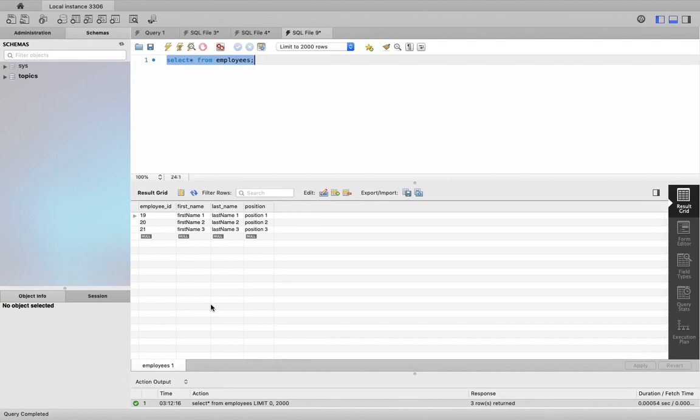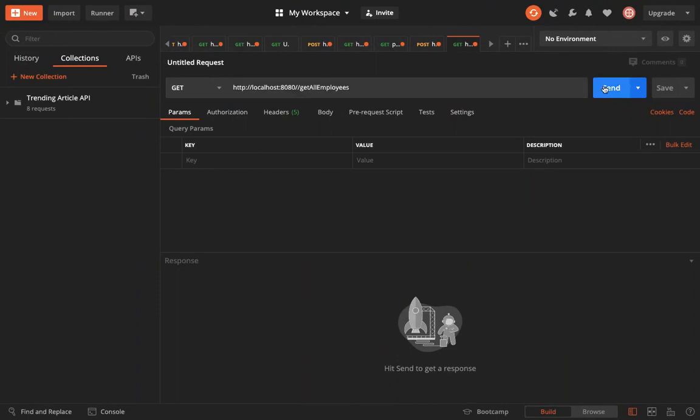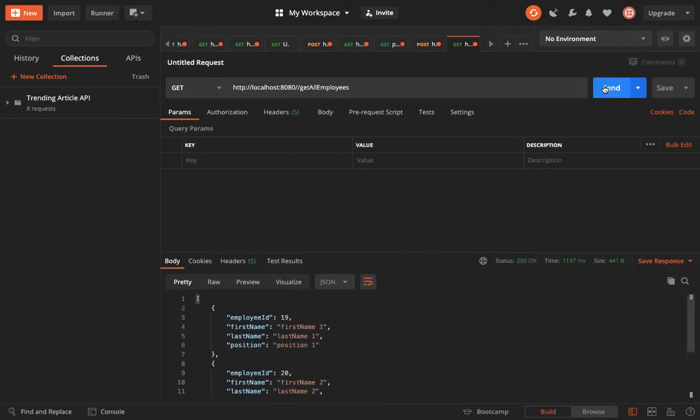Now let's check the other APIs. So this API is taking approximately 1.1 seconds. So now let's add caching to our application and then we will compare.